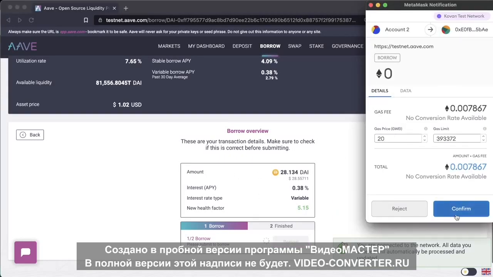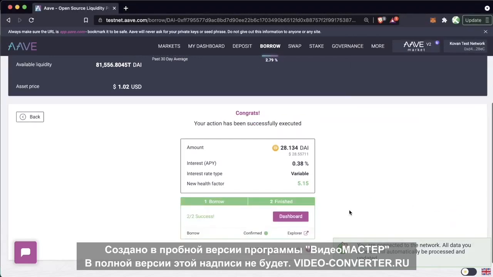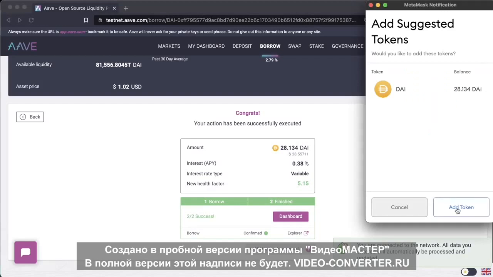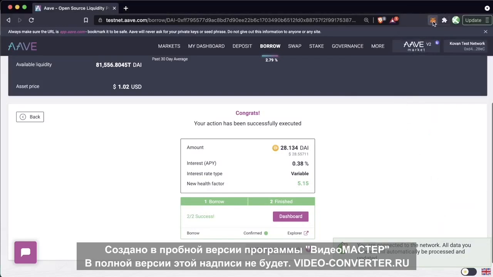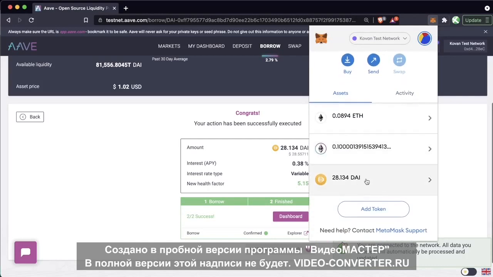MetaMask is going to pop up and ask us if we really want to borrow. We're going to go ahead and hit confirm. And now we've successfully borrowed DAI into our application. We can even hit this little "add DAI to your browser wallet" to add the token to our wallet. Now, if we hit the button, we go to assets, we can now see DAI is indeed in our token